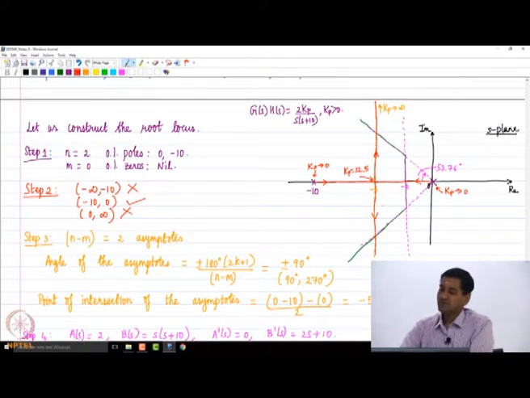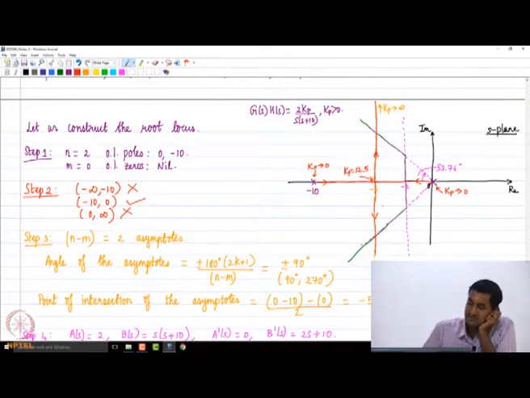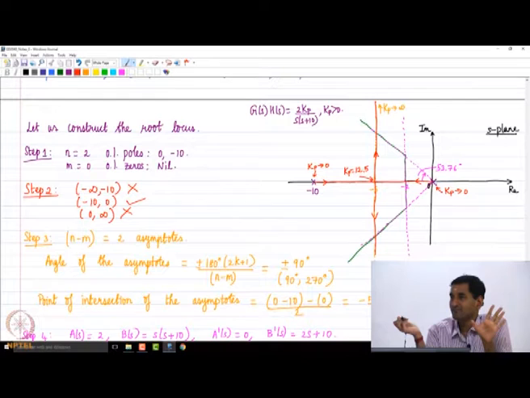Okay, so now the question is, for what values of Kp, this is the root locus, right? We have plotted the root locus. So now you can see the advantage of using this method. We have a visual characterization of the two branches of the closed loop poles, two branches of the root locus, each one corresponding to one closed loop pole. So you can immediately see that for all Kp greater than 0, both branches lie in the left half plane. As we already know, Kp greater than 0 implies closed loop stability.